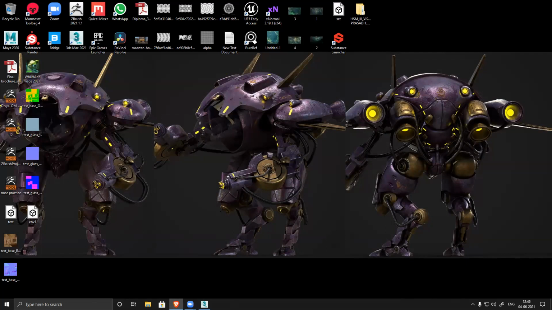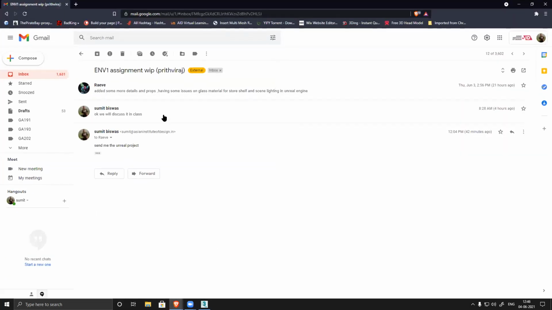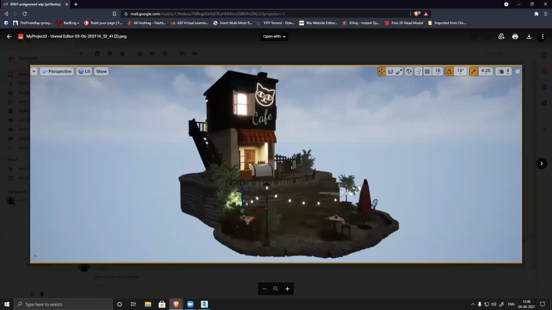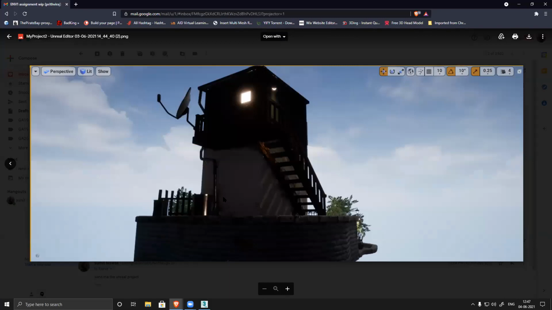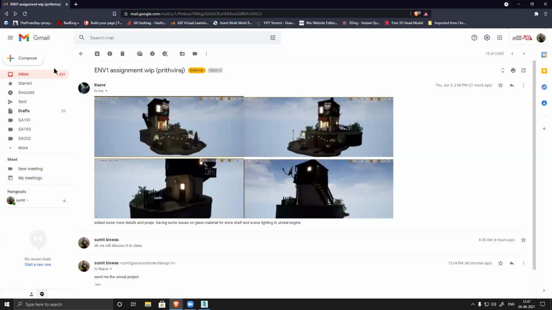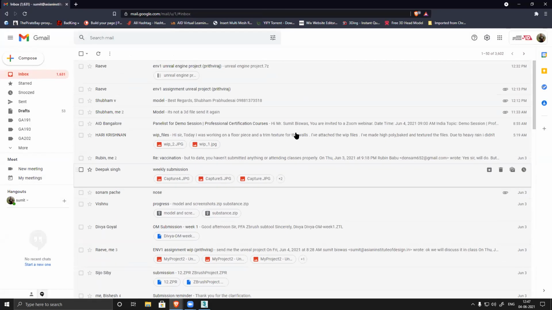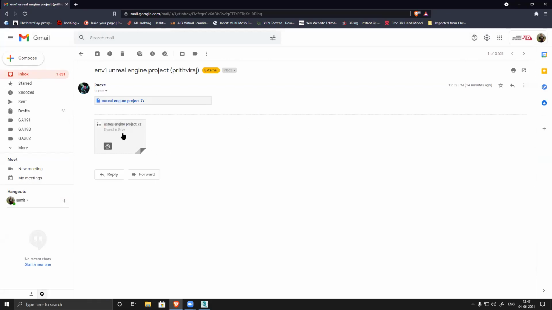Yes, sir. I sent it in a 7-zip format, because it wasn't allowing me to send the whole thing. Is that fine, sir? Any zip format, any format, it's not a problem. So here you can see we have already finished everything, right? There is a little lighting left. I'll check the files and then we'll move ahead. Let me download this and then do it. Yes, sir. We still have 15 more minutes to go, so I believe we can definitely do it.